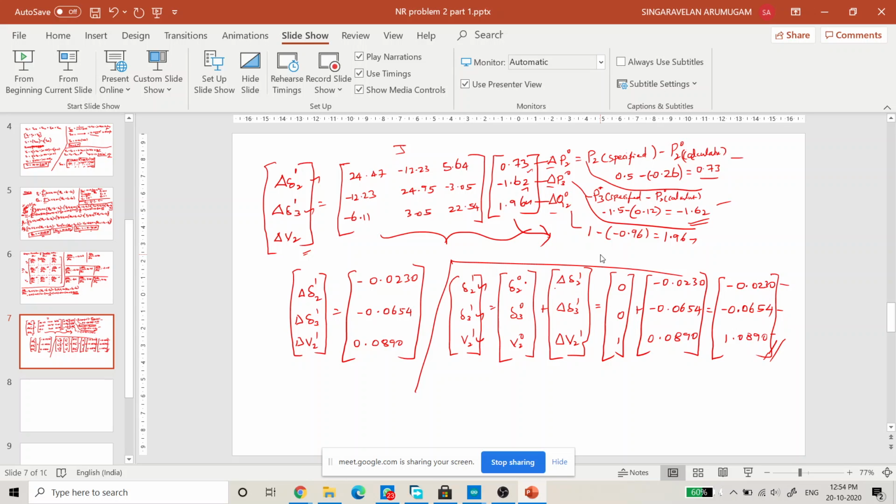Type 1 system means the number of poles at origin is 1. We are having 1 pole at origin. Then what will the transfer function be? K into S plus Z1 into S plus Z2 into S plus Z3 over S into S plus P1 into S plus P2 into S plus P3. Now if you observe here, we are having a pole at origin, 1 pole is there. That's why this one we call a type 1 system.